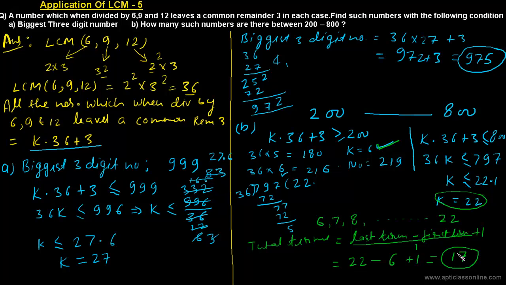So there are 17 numbers in all. There are total 17 values of k for which the numbers 36k plus 3 will satisfy this interval. So there are total 17 numbers which lie between 200 to 800, which when divided by 6, 9 and 12 leave a common remainder 3